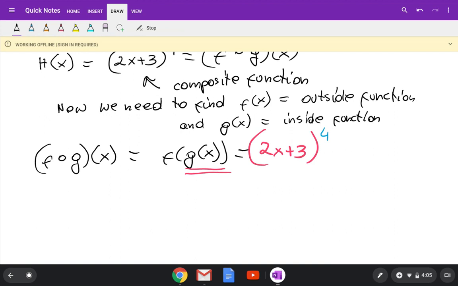So first, find the inside function. That will be easier that way. Find the inside function. Inside function, it's going to be what you see inside, which means the expression in the parenthesis, the expression under the square root, the expression inside the absolute value. So inside function, the g of x